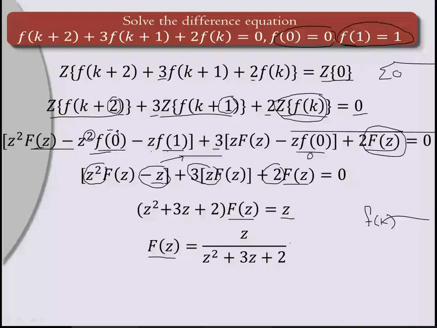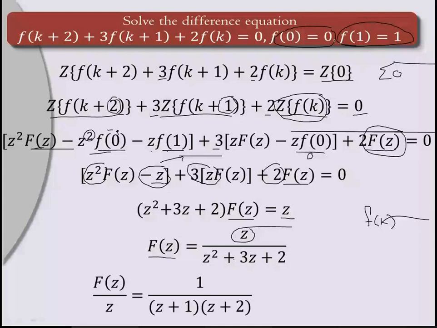But for partial fraction, we have to check whether we can take one z common from the numerator or not. And you can see that we can easily take this z common; we can easily divide both terms by z. So take this z to the other side. So we get 1 upon, and now find the factors of the denominator. The product is 2 and the addition is 3. The factors of 2 are 1 and 2. Addition of 1 and 2 is 3, multiplication of 1 and 2 is 2. So the factors are z plus 1 into z plus 2.